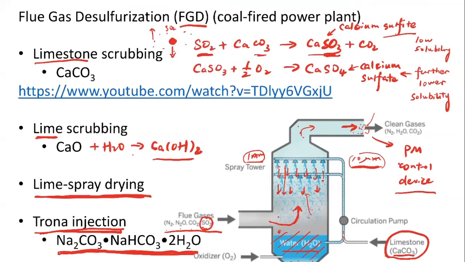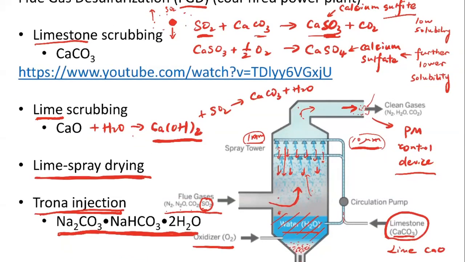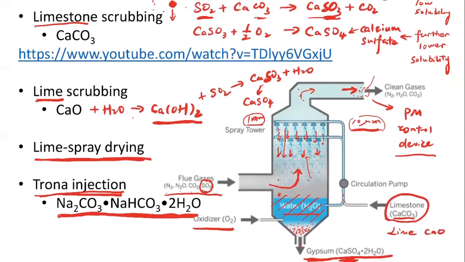So if we introduce lime in the system, if we use the lime scrubbing, then we're going to form calcium hydroxide. And then similarly, calcium hydroxide can react with the sulfur dioxide and form calcium sulfite and water, right? And similarly, we can introduce oxygen at the bottom of the scrubber to convert the calcium sulfite into calcium sulfate, right? And then for the lime spray drying,